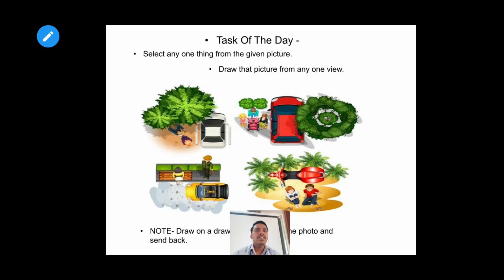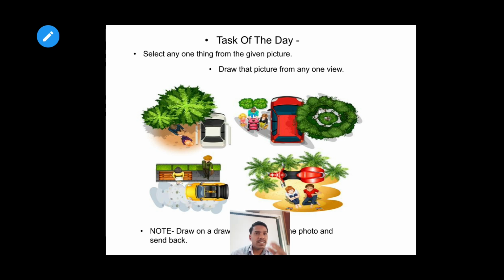Okay. Now here is a task for you. What you have to do, you can see a garden and the garden has been clicked from top view. So you have to select any one thing from this given picture. You have to draw it from a different view, not from top view.